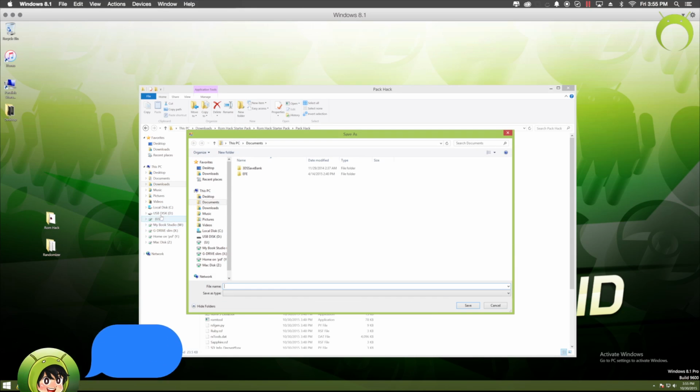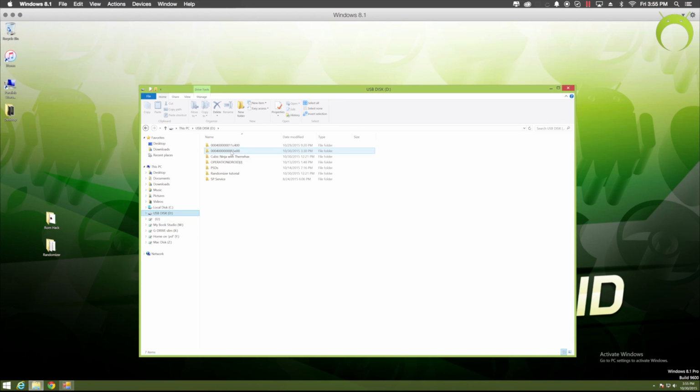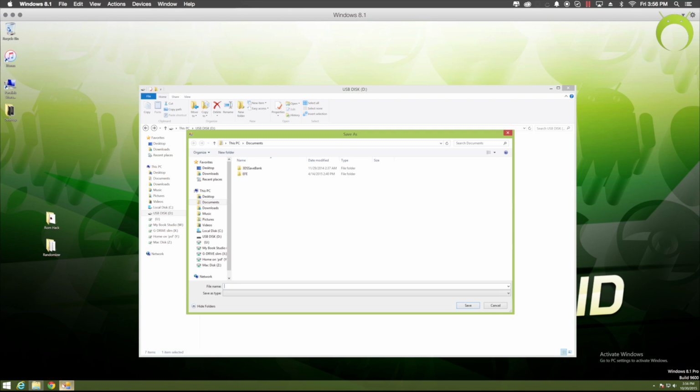So once it's done, you'll get a screen like this, and what you want to name the file has to be exactly the last 8 digits of the string of letters and numbers that you have on your SD card that originally had the ROM-FS file. So you want to copy the last 8 digits and make sure to capitalize any letters that are in there. I'll have it linked in the description below what you have to name it, whether you have Pokemon X or Y, because it's the same for Pokemon Y and it's different for Pokemon X. So you're going to name it the last 8 digits.